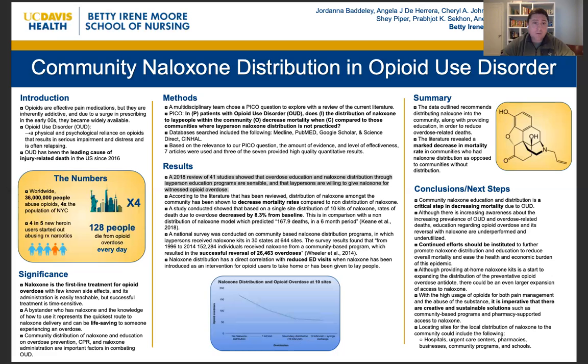Given these factors, this led to our PICO question, which is, in patients with opioid use disorder, does the distribution of naloxone to lay people within the community decrease mortality when compared to those communities where layperson naloxone distribution is not practiced? The resources used for the research were high-yield search engines that were peer-reviewed and widely accepted within the